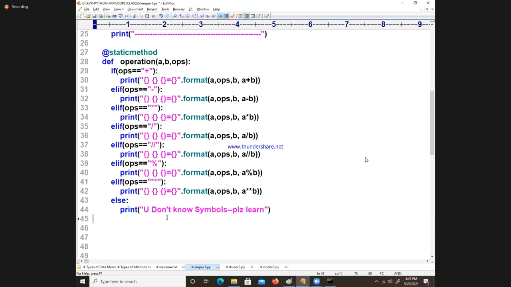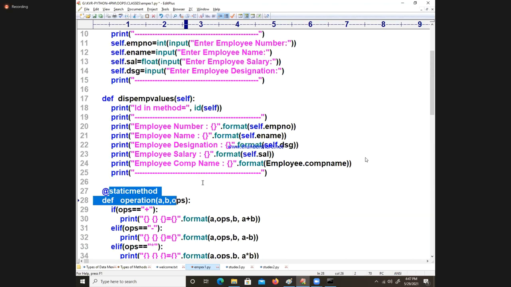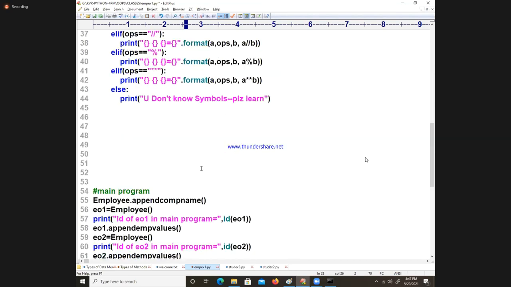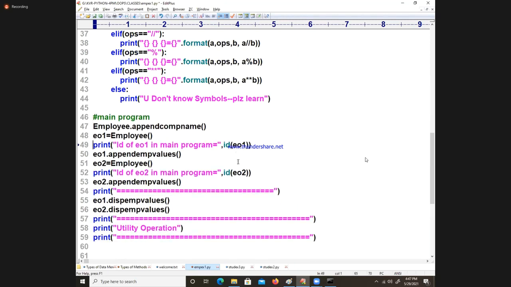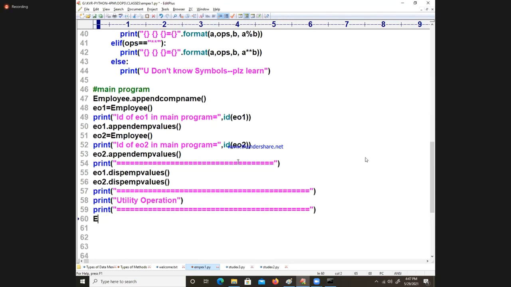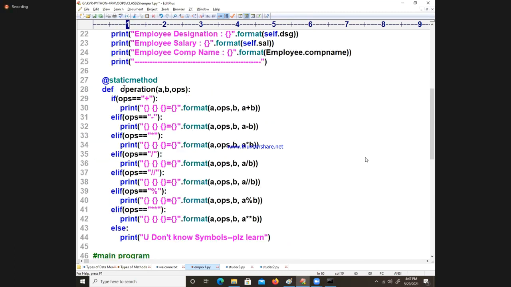Actually, these utility operation static methods should be called with respect to the class name. See, how are we going to call it now? How many ways are there to call it? I will tell you first. Employee dot, what is the function name?